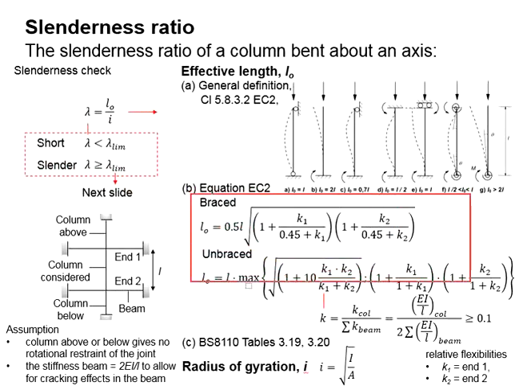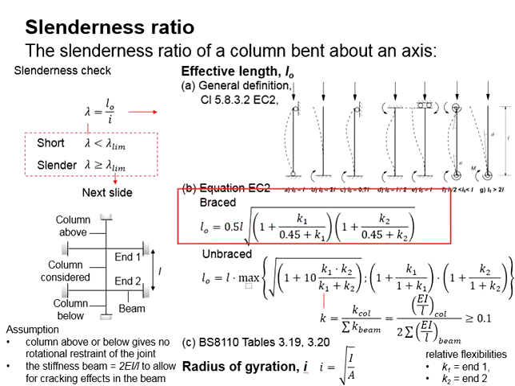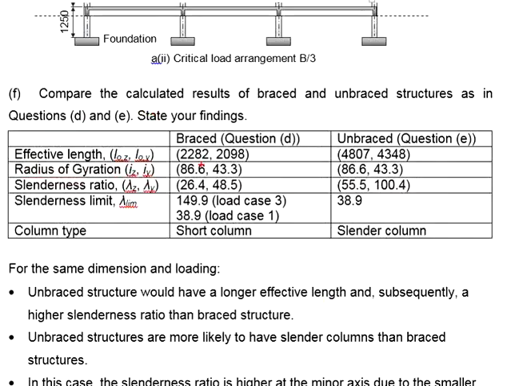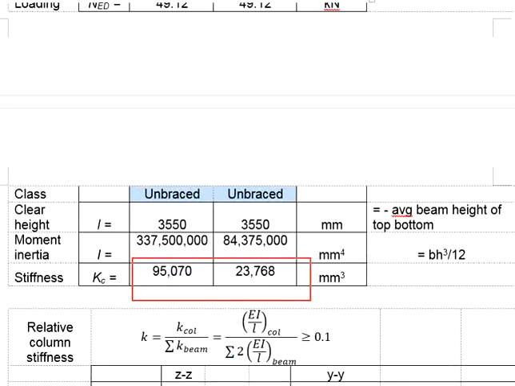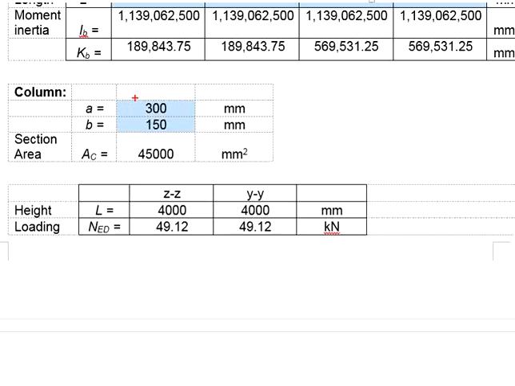Since the equations used to determine the effective length differ, you use these equations for the braced structures and you use these equations for the unbraced structure. You have the effective length in the major axis and the minor axis. The two values differ due to the orientations of the beams at the joint,